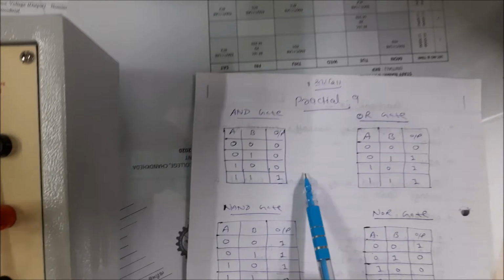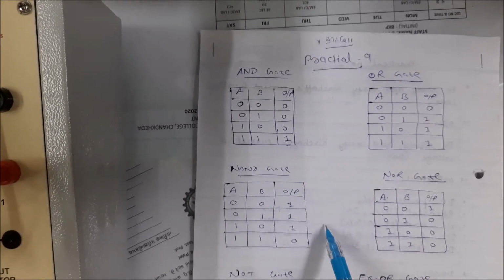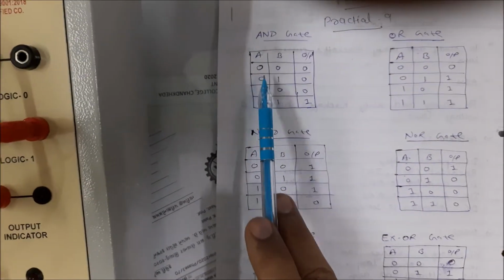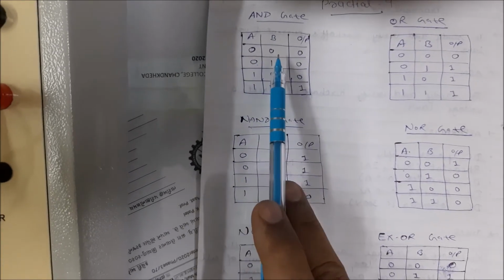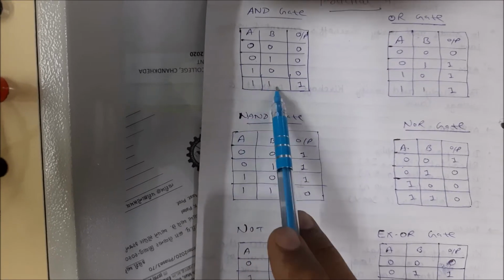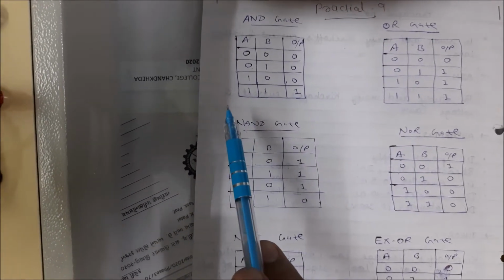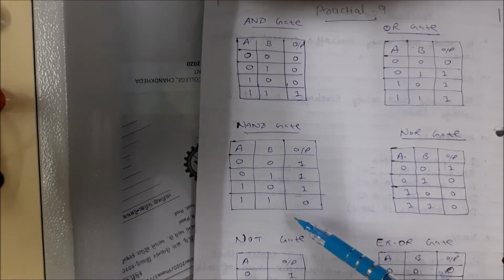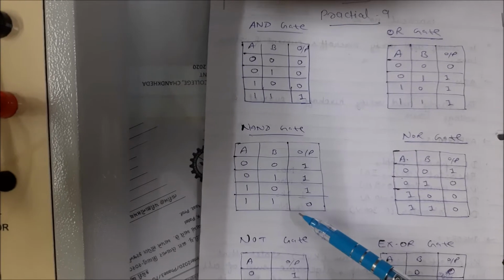Now similar to AND, we have the reverse of that, that is the NAND gate. In that case, what was happening? When any of the input was 0, if either A or B, any one was 0, output was 0, but output was 1 only when A and B both were 1. But in this case it will be reverse. Inverted AND gate also I can say, it's a NAND gate.